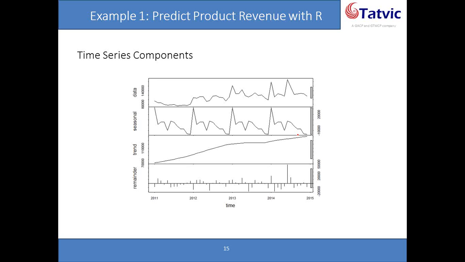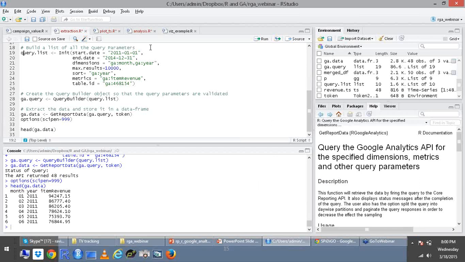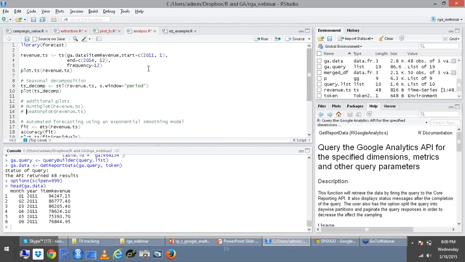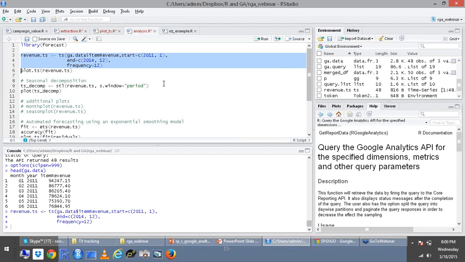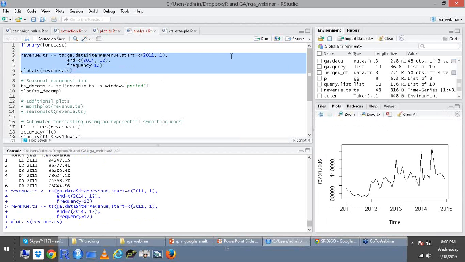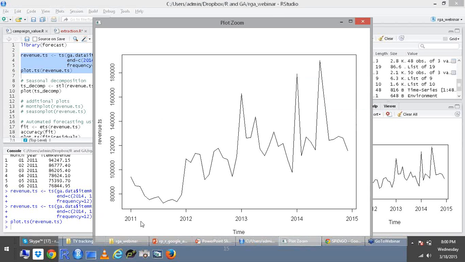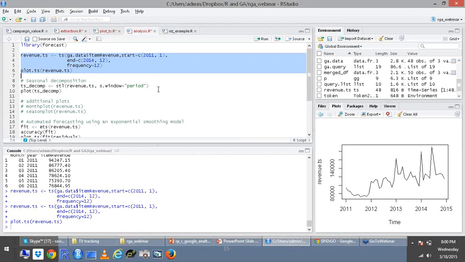So if we try to decompose, rather than just showing you, let me go through it as well. Yeah, there you go. I have this code which uses the same data set that I had. I created a different function which showcases the revenue, and then I can plot the same revenue. So it's the same data set, and the plot is available here based on the revenue and the timeline that we have.